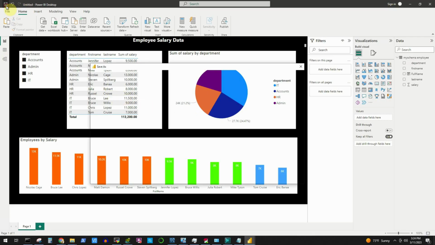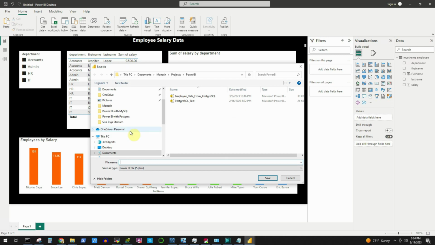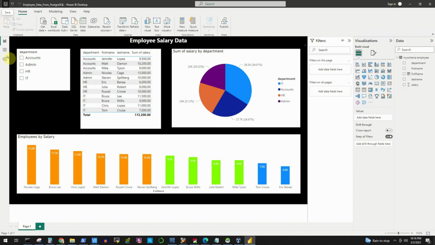Click on the save button here at the top left corner, and I will save it in my project folder. You can give any name of your choice. I will just put it like PowerBI MySQL, and the extension it is going to take is the pbix. This pbix file is in portable format and can be copied to other machine and open there using another Power BI installation. Now if you want to publish this